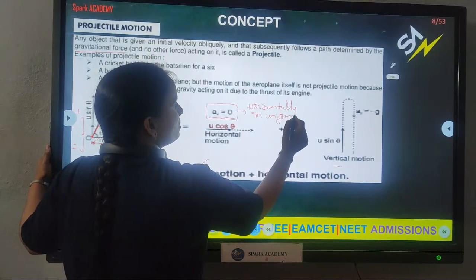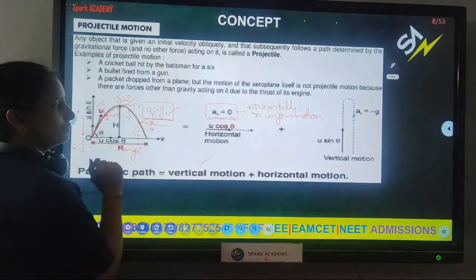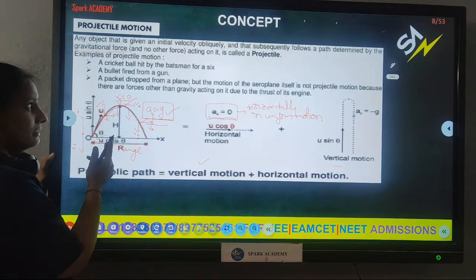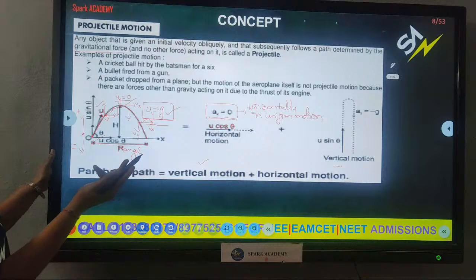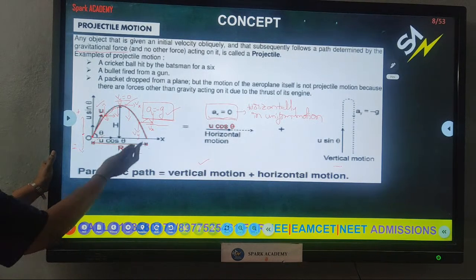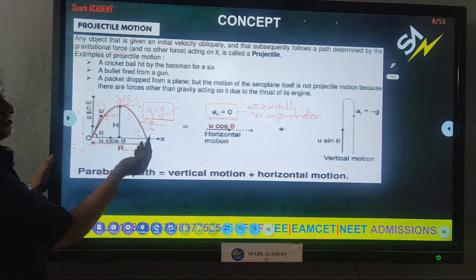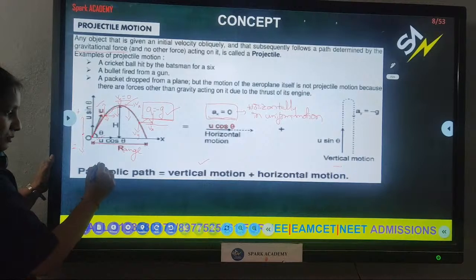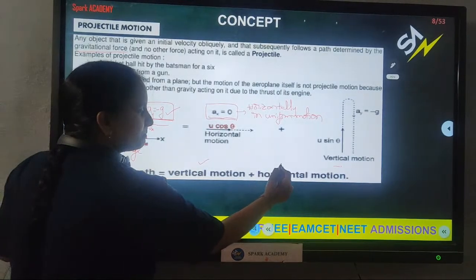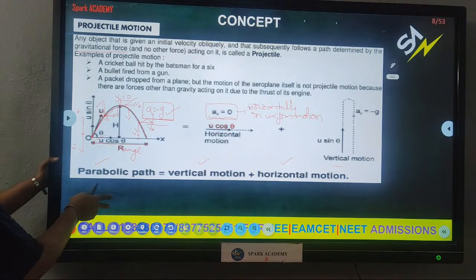So, for uniform motion, acceleration of the object is 0. Vertically, it is determined by the gravitational force. Its direction is changing at every instant in its path. So you can say there is a change in velocity. So parabolic path is nothing but vertical motion plus horizontal motion. So next,